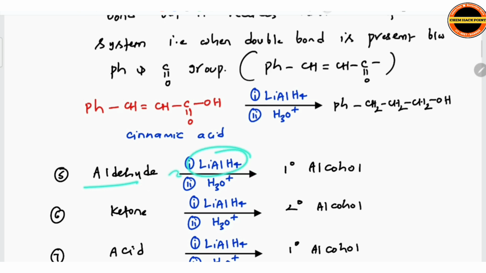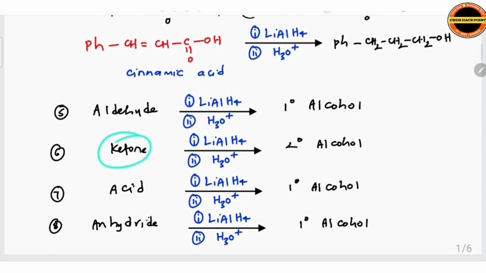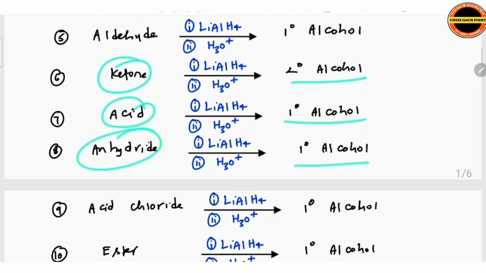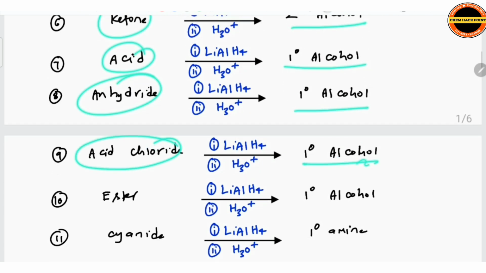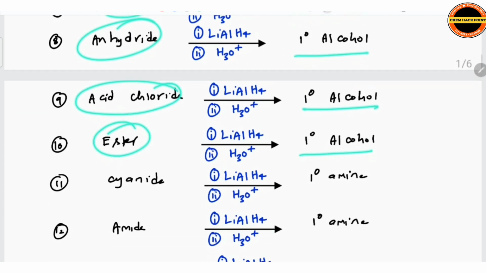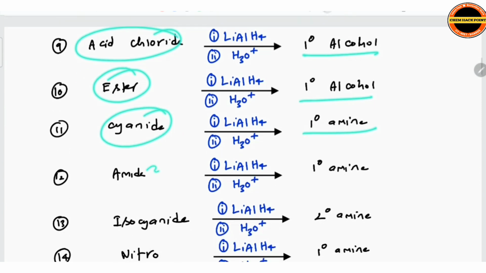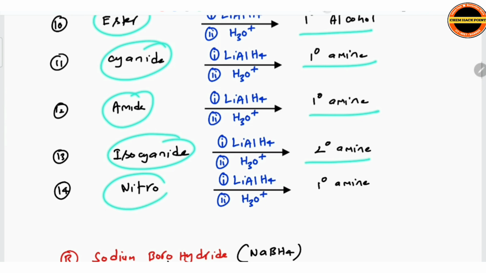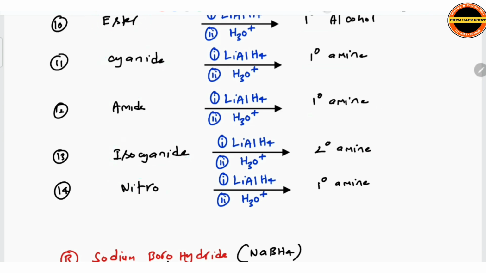Lithium aluminum hydride: aldehyde gives primary alcohol, ketone gives secondary alcohol, acid gives primary alcohol, anhydride gives primary alcohol, acid chloride gives primary alcohol, ester gives primary alcohol, cyanide gives primary amine, amide gives primary amine, isocyanide gives secondary amine, nitro compound gives primary amine. So all combinations are given. Once you know these combinations in a particular pattern, any question you can solve without any